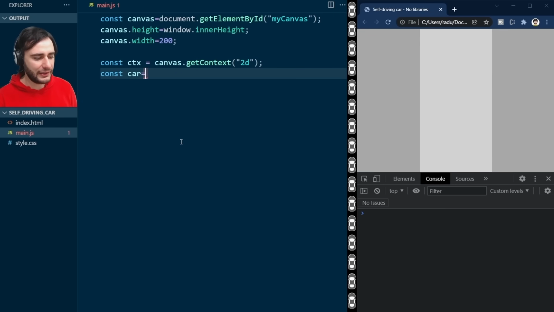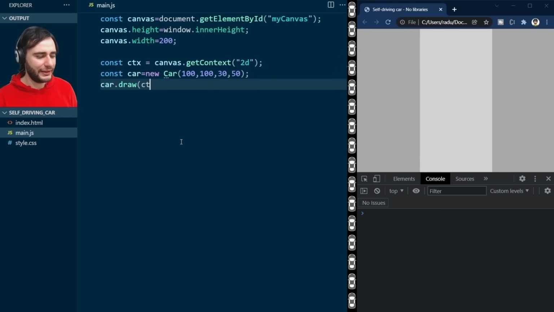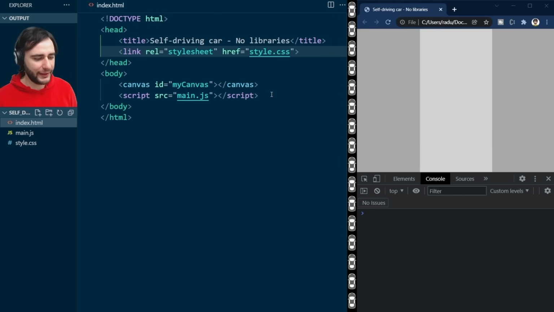Let's get a car at, for example, 100 x, 100 y, and the car maybe has a 30 width and 50 height. All of these are in pixels. And let's draw the car using this context. But we don't have the car yet. This is the thing that we are going to need to define next, the car object. And we are going to do this first by going inside of index.html here and preparing to import a new file,